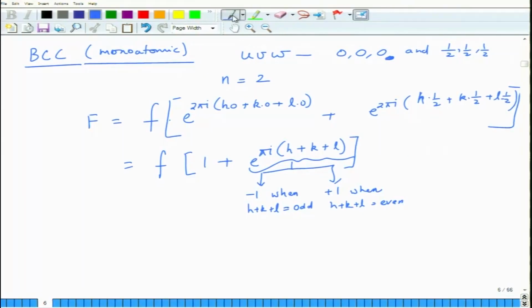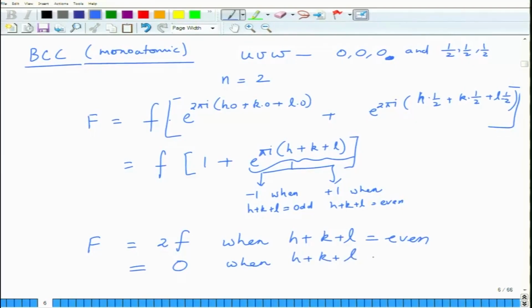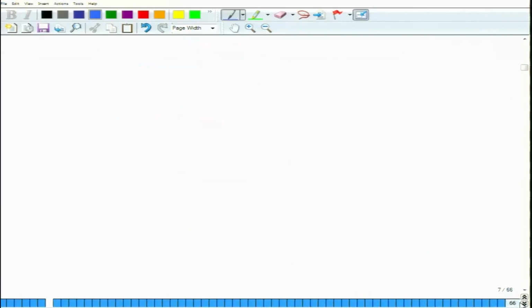So as a result, now what you get as the condition for this, capital F is equal to 2f when h plus k plus L is even, and is equal to 0 when h plus k plus L is odd. What does it mean? So now if I write a series of HKL and diffraction, yes or no,